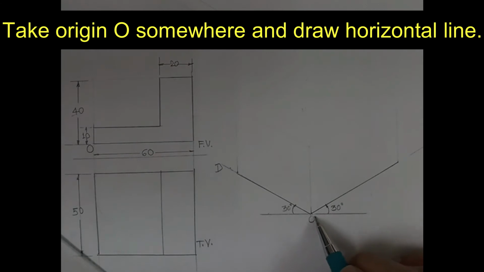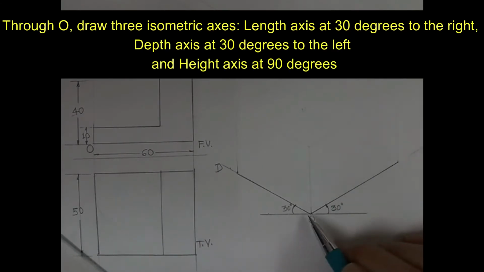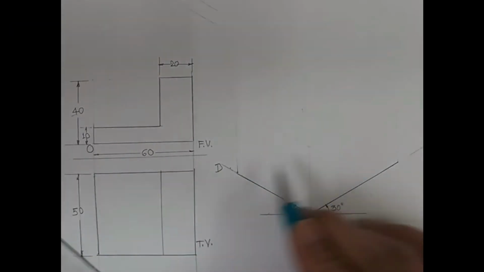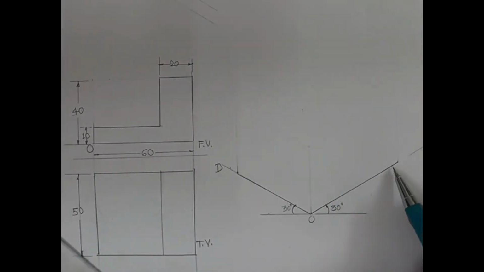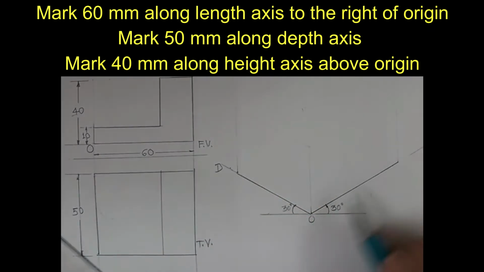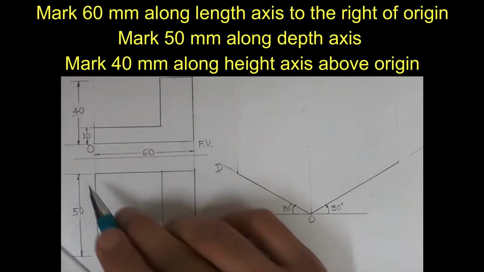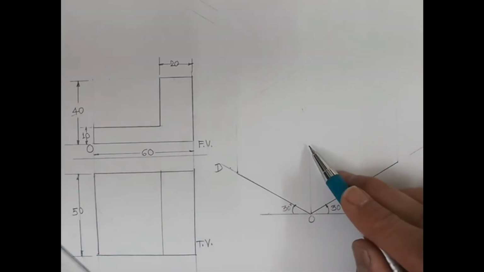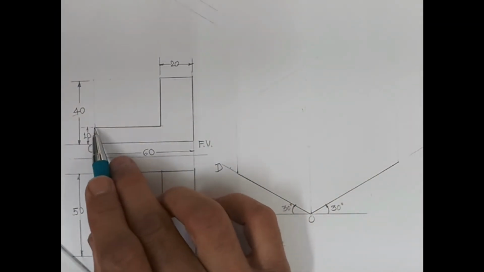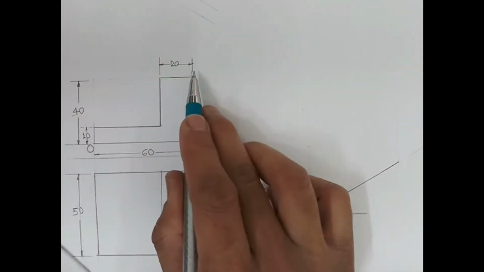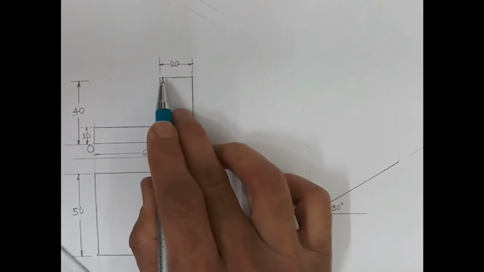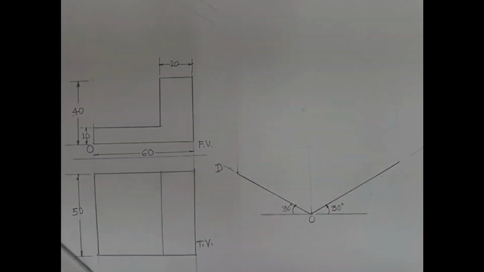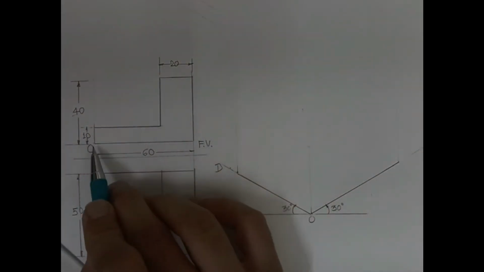So we first take the origin somewhere and draw three axes: length axis, depth axis and height axis. As the previous object had the same dimensions, I have already marked 60 mm along the length axis, 50 mm along the depth axis and 40 mm along the height axis. Now we see that out of this 60 mm, up to this particular length of 20 mm there is a certain height here, but the remaining length,